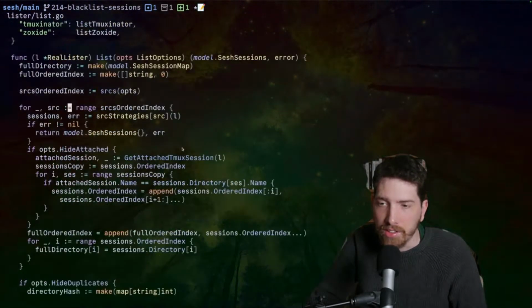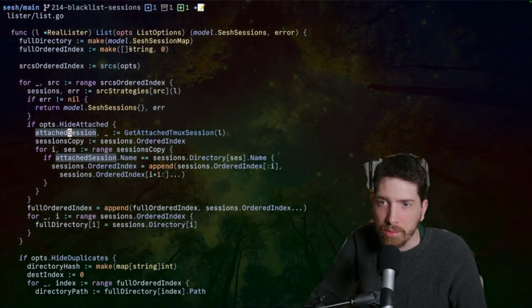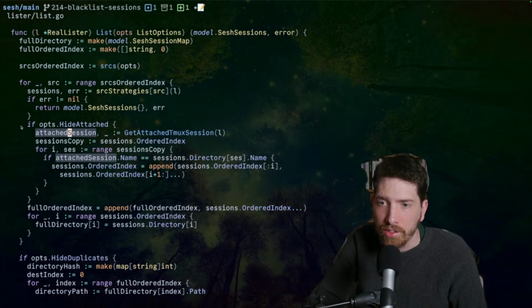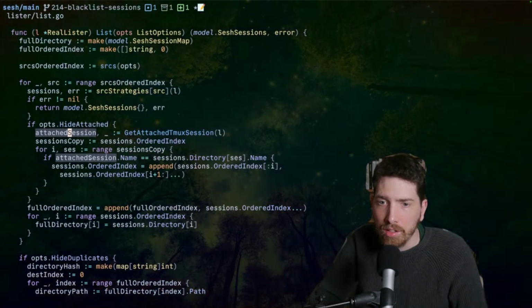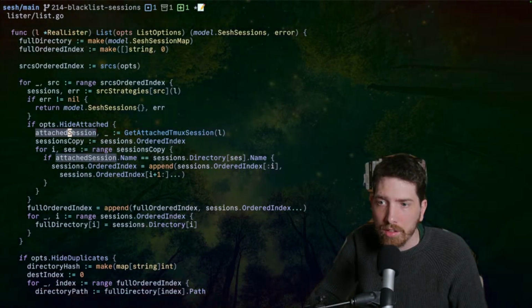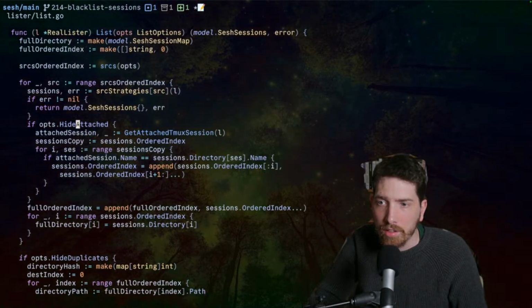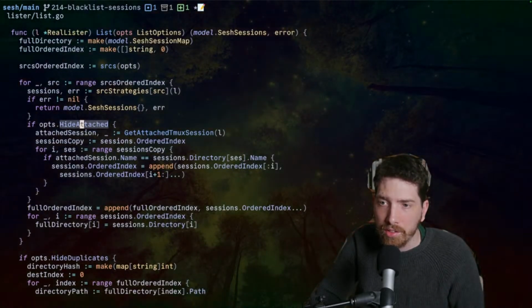Yeah, given the context, that's fair. All right, so then we'll just implement this. So basically what we'll do is we'll match the name. So this is on his hide attach strategy. So we're basically gonna